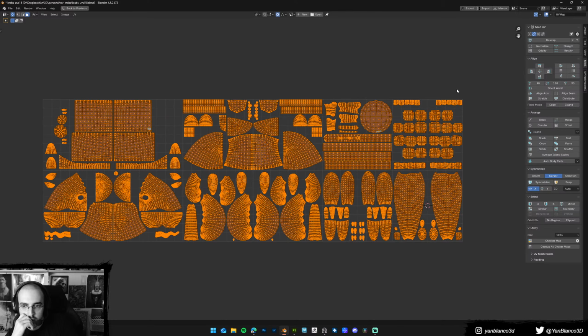I found this one because I wanted to push the layout more for this character because, to be honest, I am usually lazy when it comes to UV layouts. And to be honest, I would say maybe, not sure if this is a hot take, but maybe UVs are a little bit overrated, at least for animation,